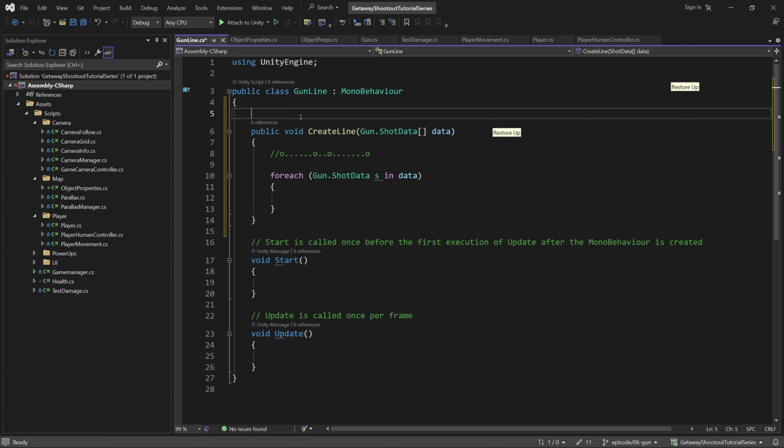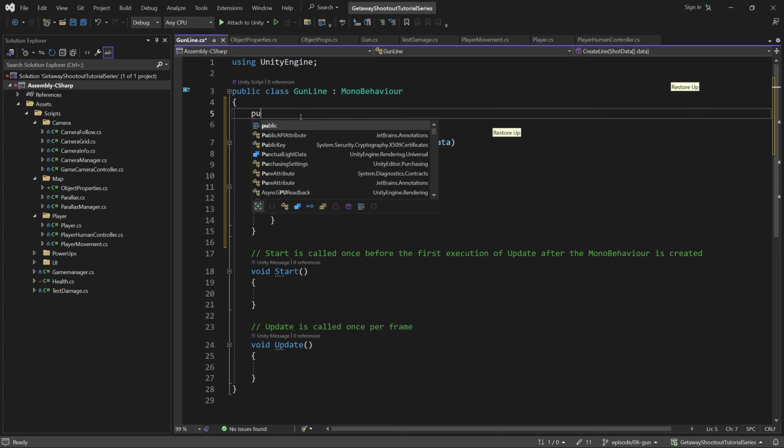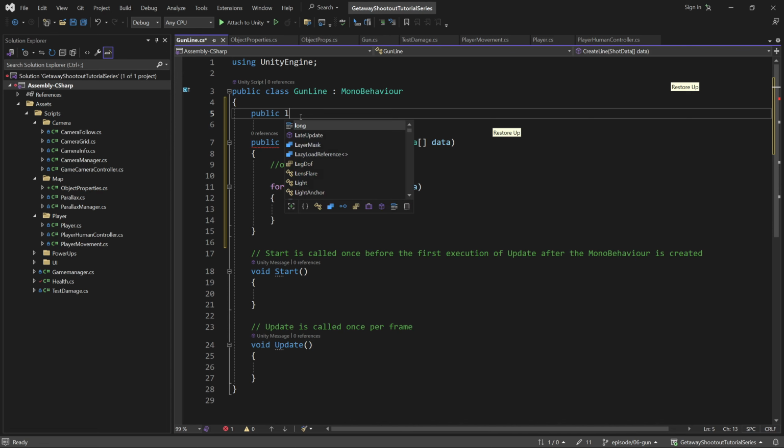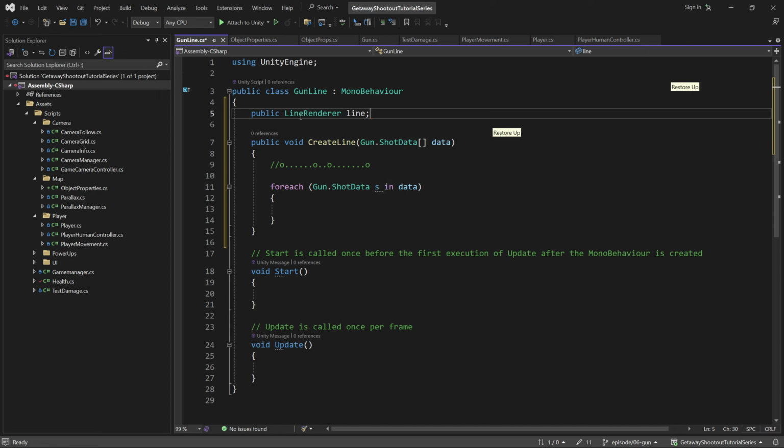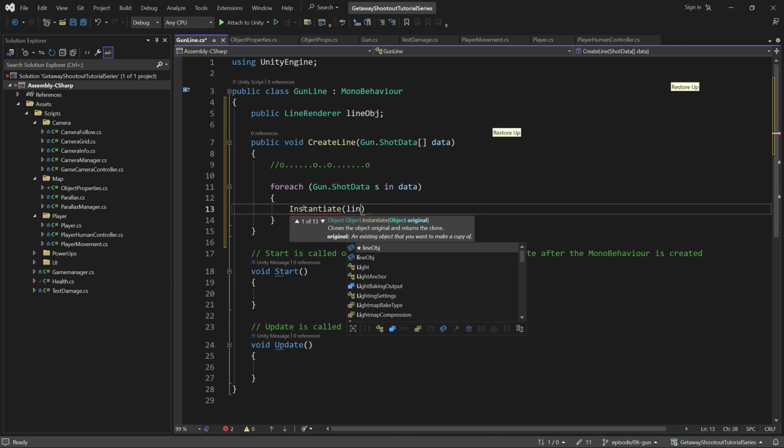And actually, I'm going to make it a prefab so you can choose your own line renderer. Call it line object. And basically we just want to create a bunch of lines, all these lines connecting through the colliders. So instantiate line object,